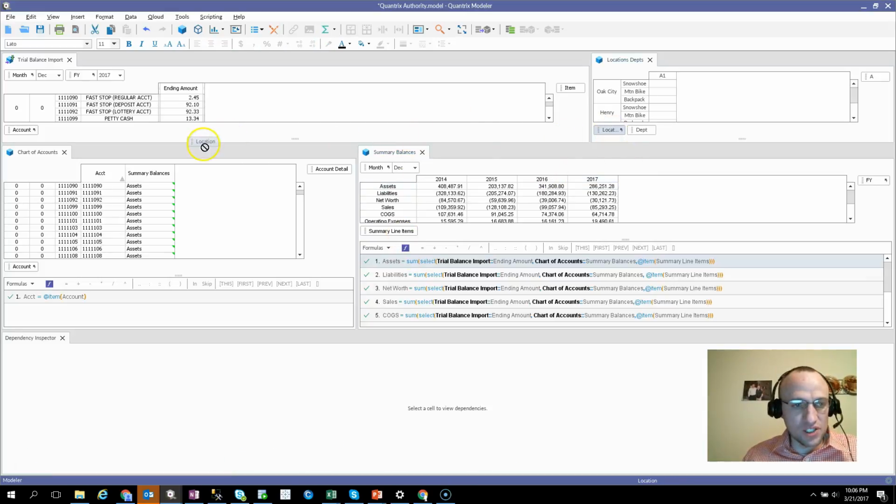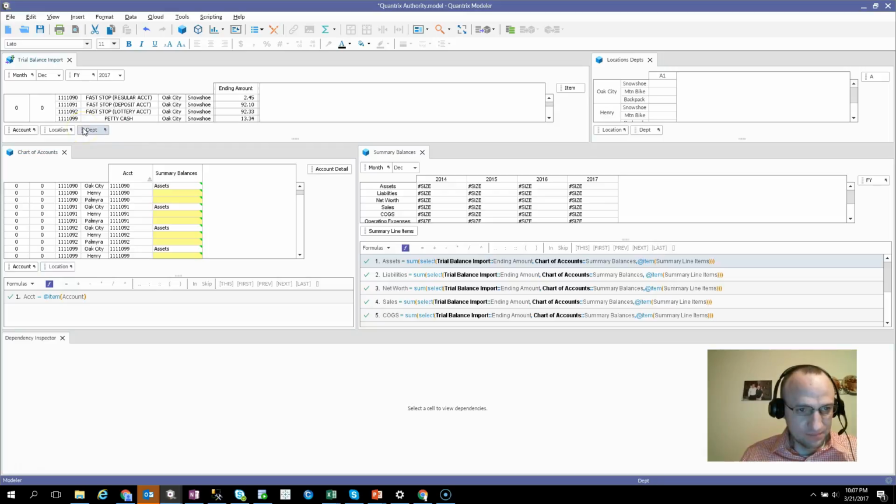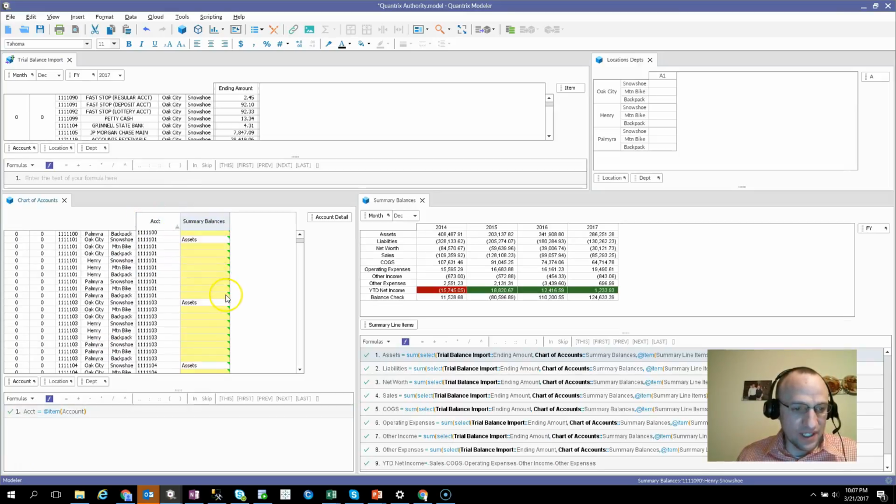If I have location and department brought over, you would need to also take location and department down here to the chart of accounts. Now you may think, well, that's kind of lame to do, and yeah, maybe it is. And you may say, well, I definitely don't want to have to map every one of these accounts and type in assets all the way down here. So what then needs to happen